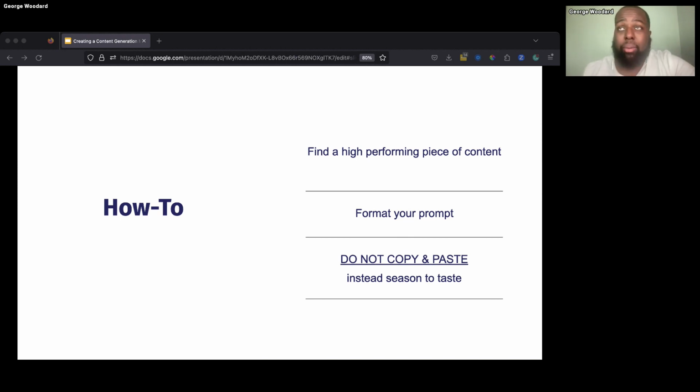Because what will happen is either the result is going to be inaccurate, there may be some misstated or misspelled information in it, or if you're going for SEO juice, you might be reposting a piece of content that someone else has already created. So again, get that content, get the result out of it.